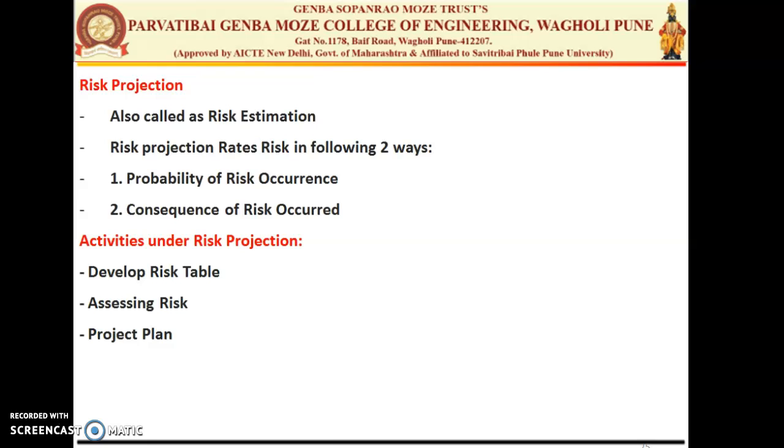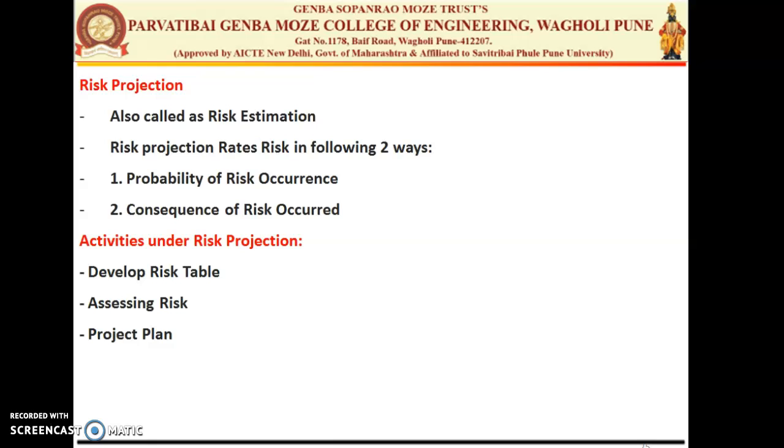Second is to describe the consequence of the risk. Third is to estimate its impact. And the fourth one is to write down the overall accuracy of the risk projection to avoid misunderstandings. So these are certain activities which are carried out by the manager, the product manager. Next, we have certain main activities which are needed by the developer to do, or which are needed by the manager, we can say the product manager.